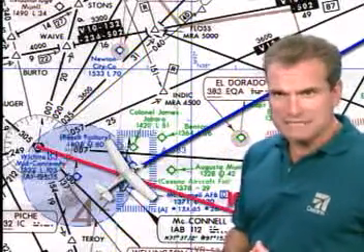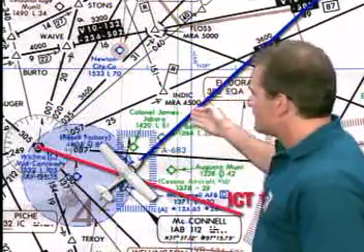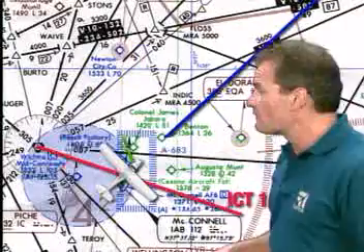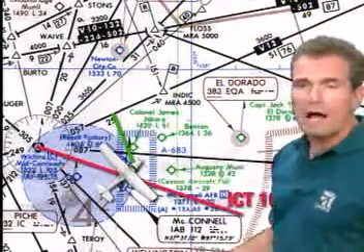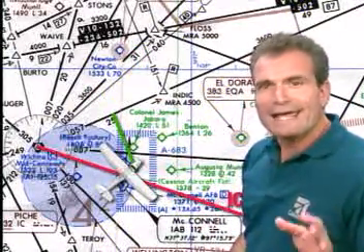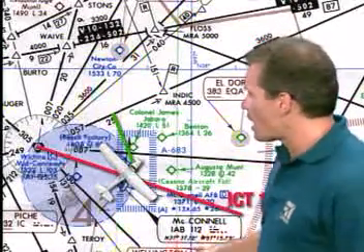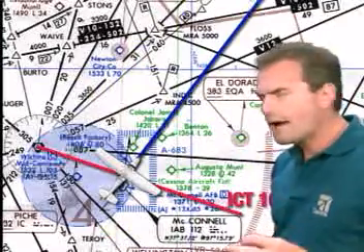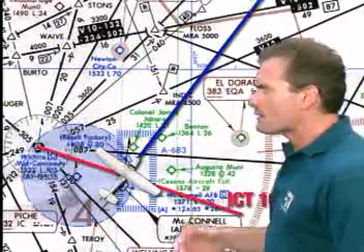So how much intercept angle do you want? In most cases, you should intercept an airway radial with an angle of at least 20 degrees. That way, you're reasonably assured that the wind won't keep you off course. You could intercept at an angle of up to 90 degrees, like here, but obviously, with any more than that, it takes you in the wrong direction on the airway. In general, a 30-degree to 45-degree intercept works pretty well,